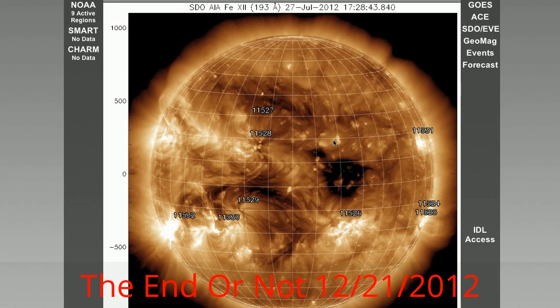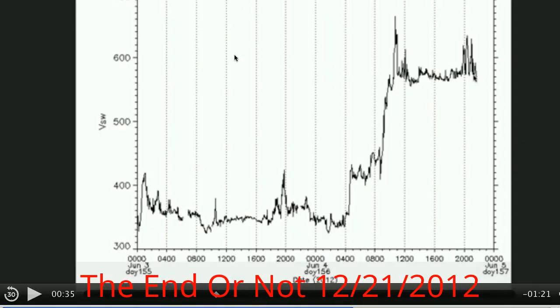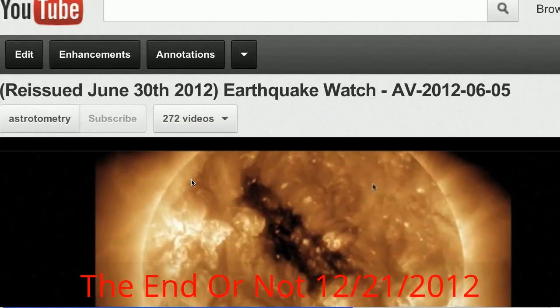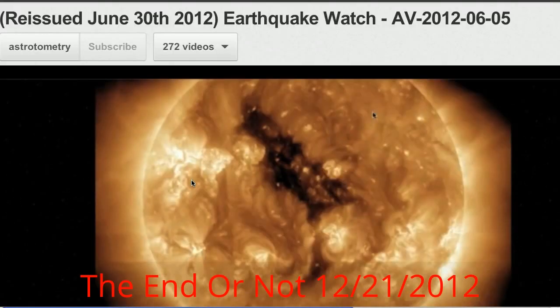I'm going to hold back on doing earthquake watches for recurring holes, as this one has put a bit of a hitch in my forecasting. This forecast didn't turn out very well. This was the one that I reissued from June 30th, and then it was reissued from the past time.